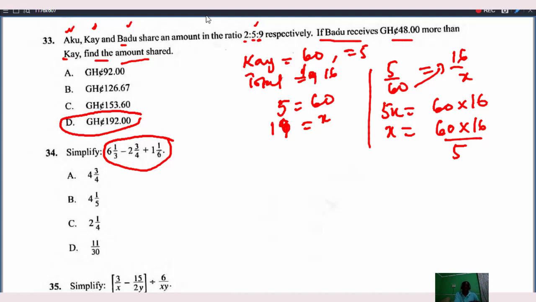So your calculator does it 6 plus. So whole number means plus 1 over 3 minus 2 whole number 1 over